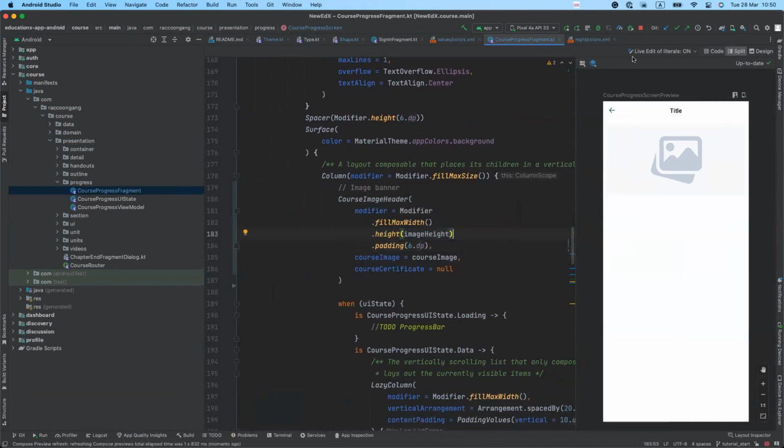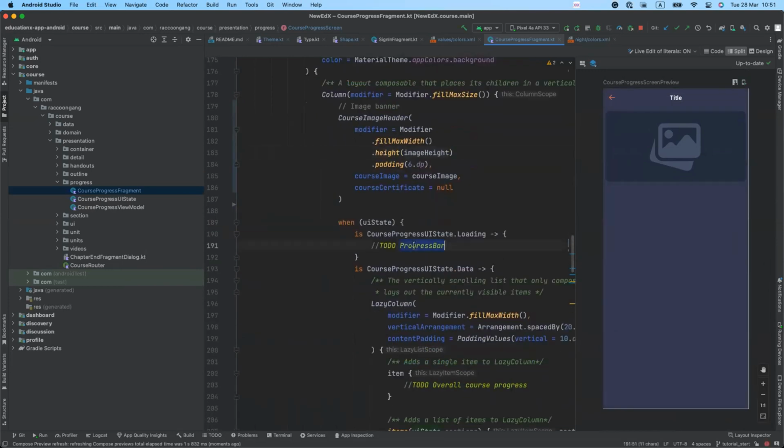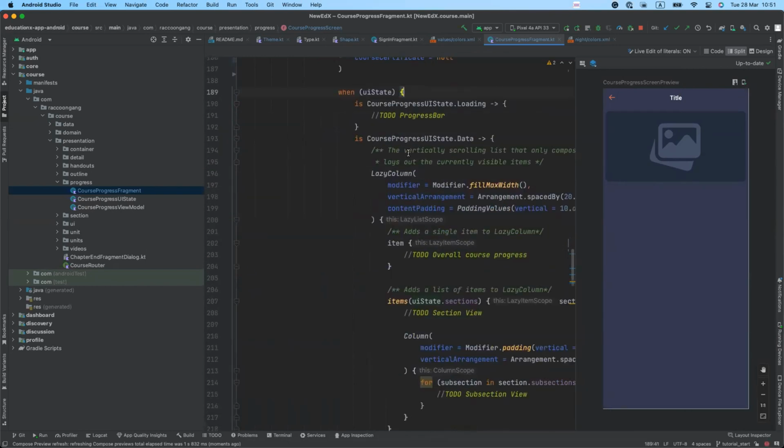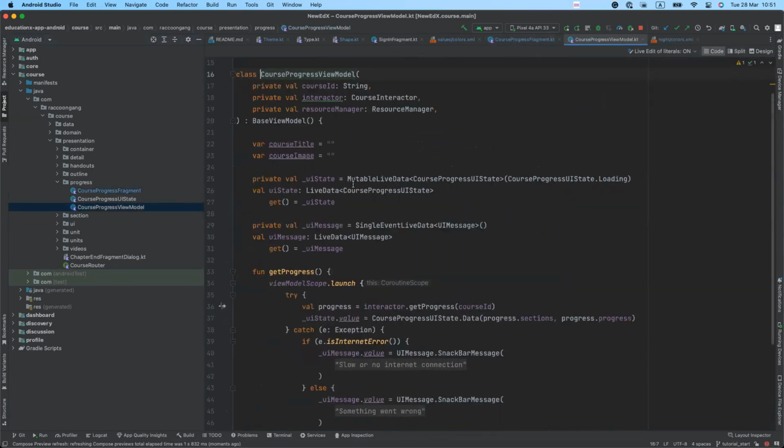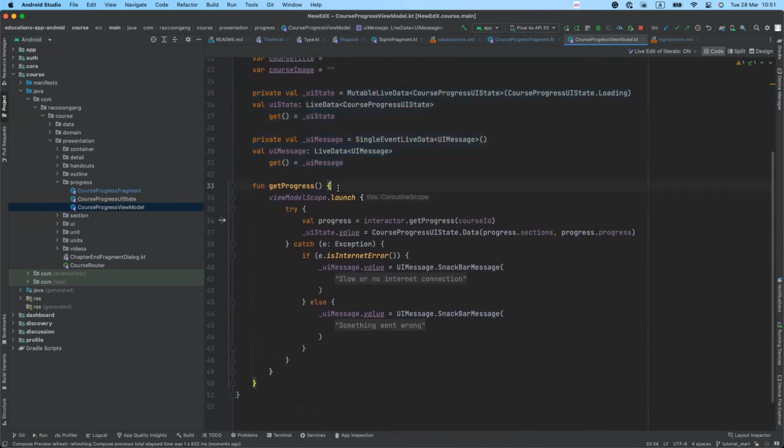And that's all. Okay, we see it here, and let's change the dark theme. Yeah, here's better. And the next thing, it's progress bar. Here we see the when statement where we're parsing the state for view from our view model that we can find here. Let's make it a little bigger. Yeah, great. Here we have the same init block, bunch of variables, few view states for view, and function for